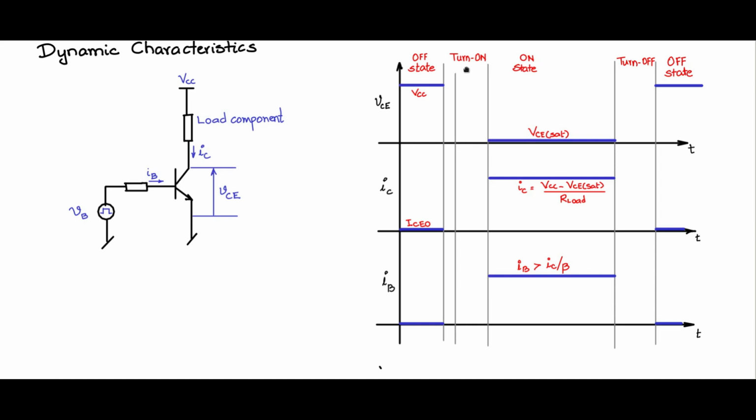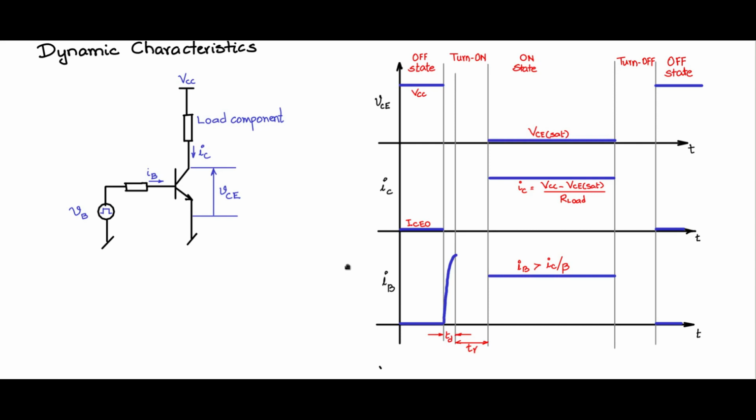So let us split this turn on period into two parts. One is a very small part, the other one is a slightly larger part. The smaller part of the turn on period is called TD, and this is called the delay time. And the following part is TR, called the rise time. So during TD, the delay time, there is a delay. The turn on action does not start because charges have to be set up in the base region.